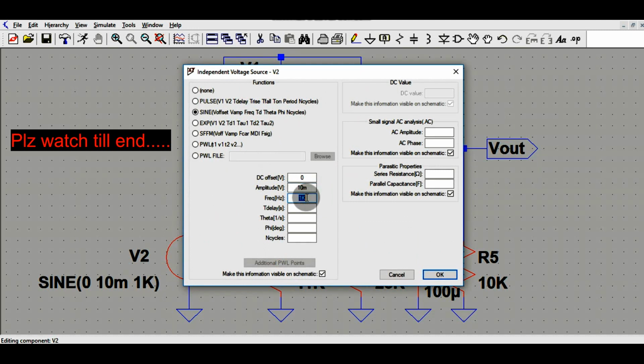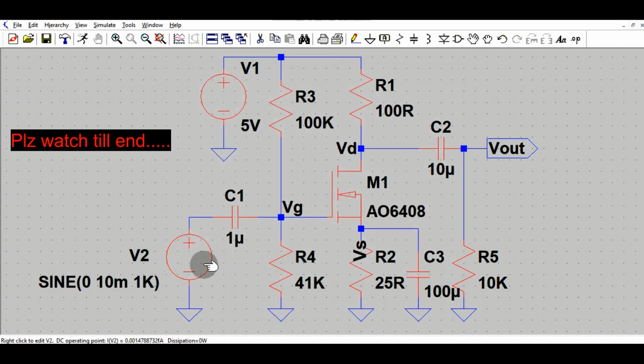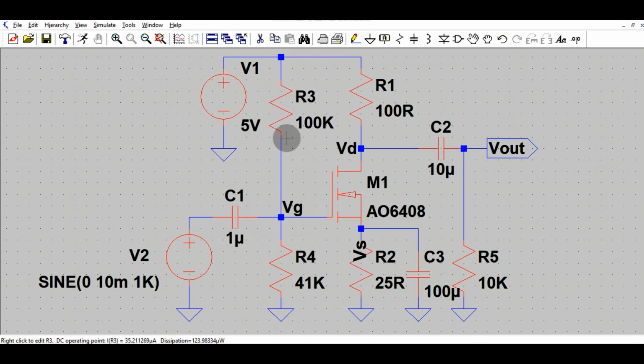That means a 10 millivolt, 100 kilohertz signal is being applied to the gate of this MOSFET, the AO6408, right?